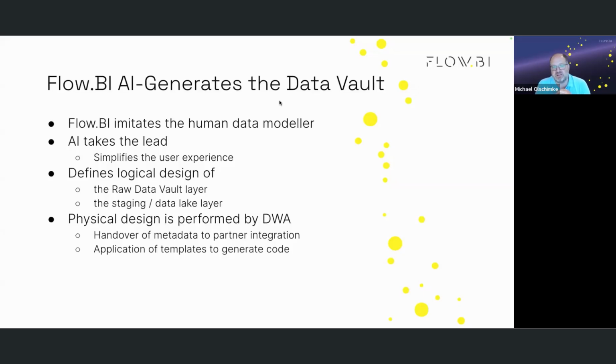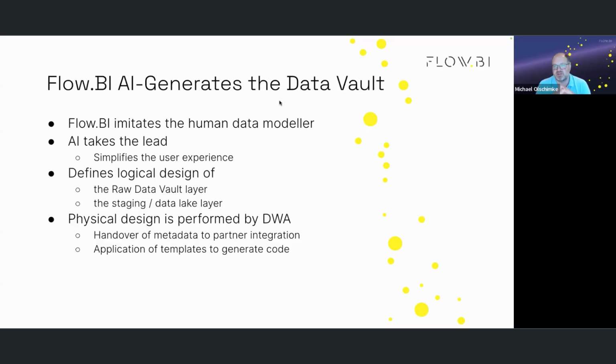And what FlowBI does is it generates the logical design. The logical design of the raw data vault layer and the staging and data lake layer, as I said. That means essentially it will not generate the create table statement, but it will define what hubs, what links, what satellites exist in your raw data vault, and how to load them based on your source data sets: this business key is being loaded from these 3 source tables, right? These satellite attributes are loaded from these source tables, and so on. It will also define the business key to be used for all the hubs, for example, but also identify the reference tables, the non-historized data,